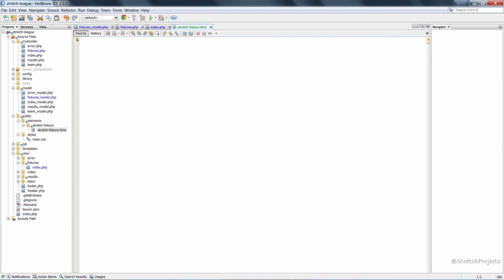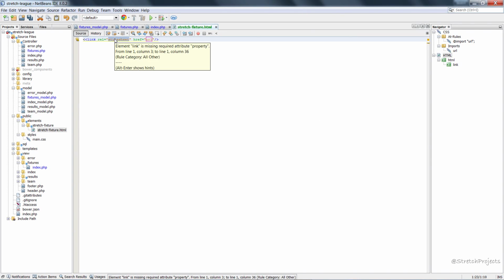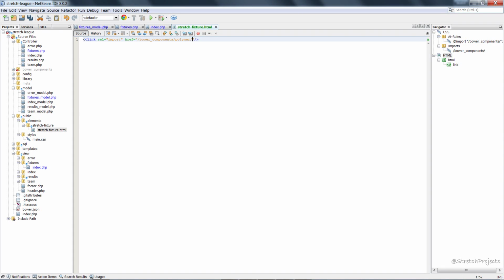So whenever we're creating a new element, the first thing that we need to do is link to the Polymer library. So to do that, we just type link, and we're not going to import a style sheet. We're going to actually import, and the URL in this case is going to be our components polymer.html. We're also going to be using the paper shadow element within our new element that we're creating, and so